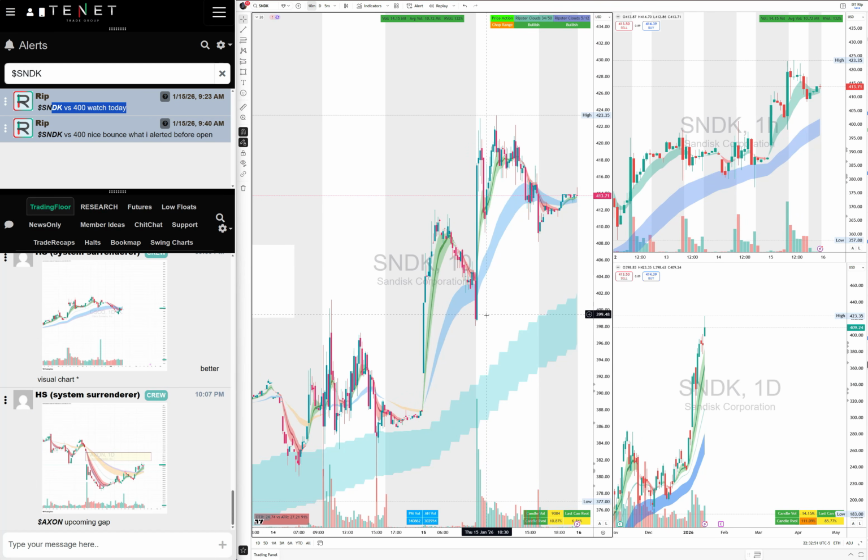When you see this swiping, you take it long right away. Your stop is at 400, you took it at 422. Even if you're 100 shares, 200 shares, you're making 4 grand on 200 shares. Options are going crazy. So SNDK, simple concept. Just wanted to cover it, right? And that's what I told the traders as well.